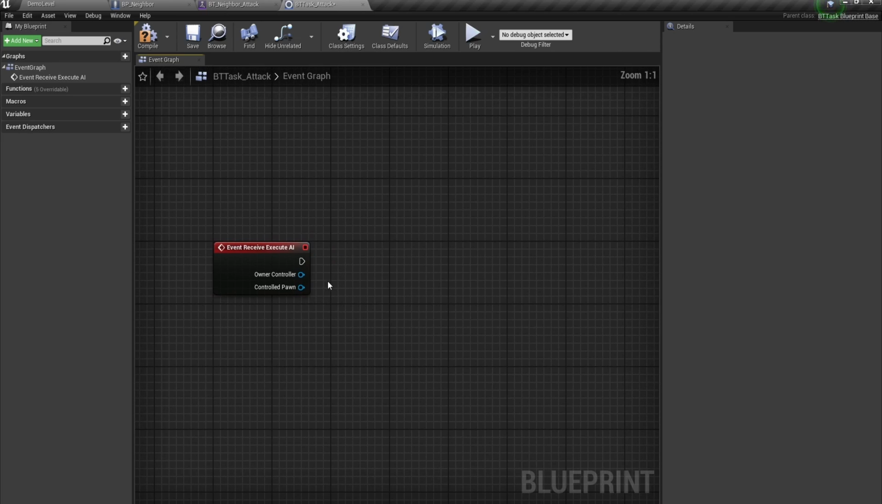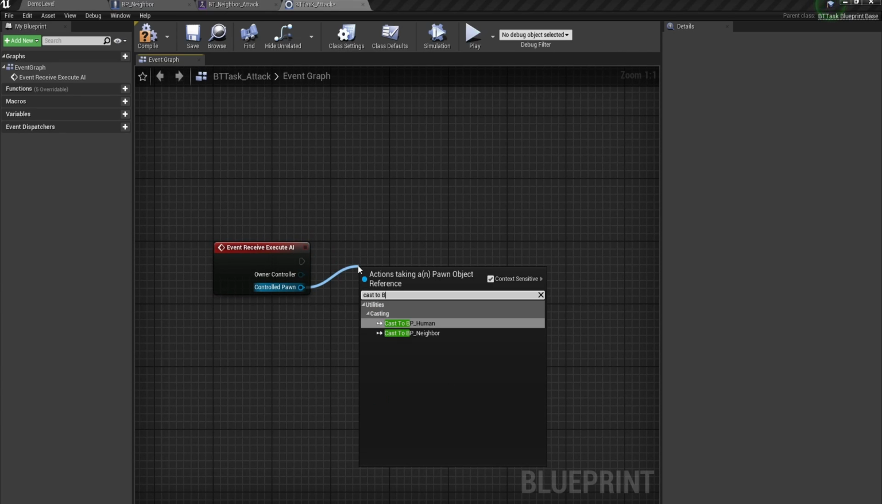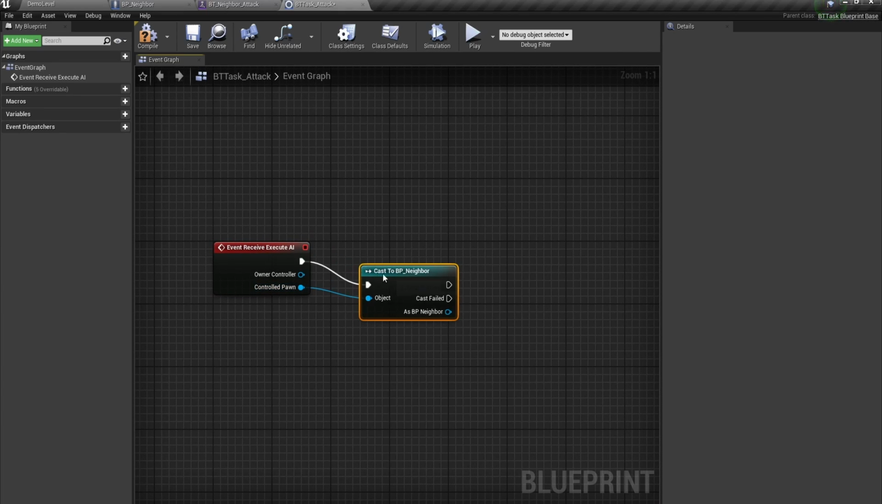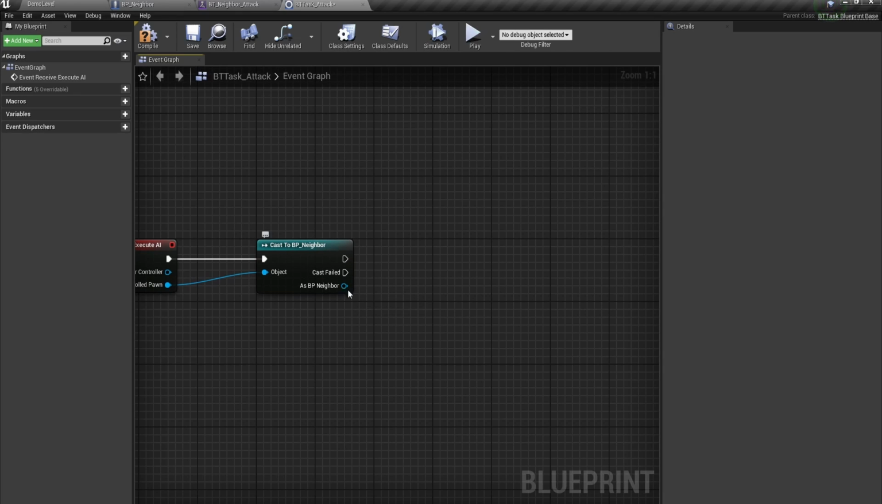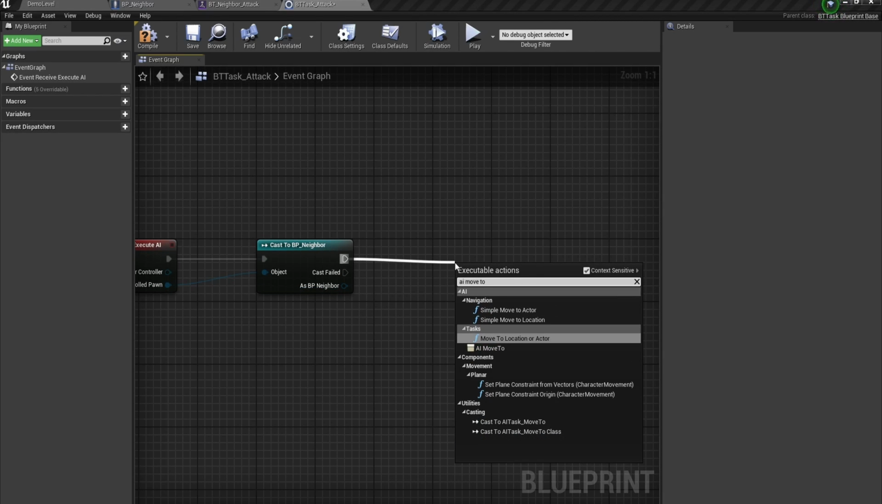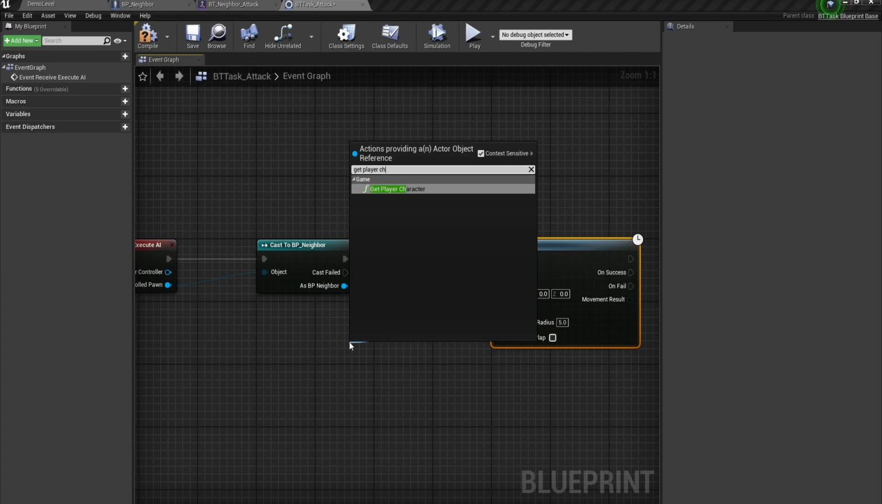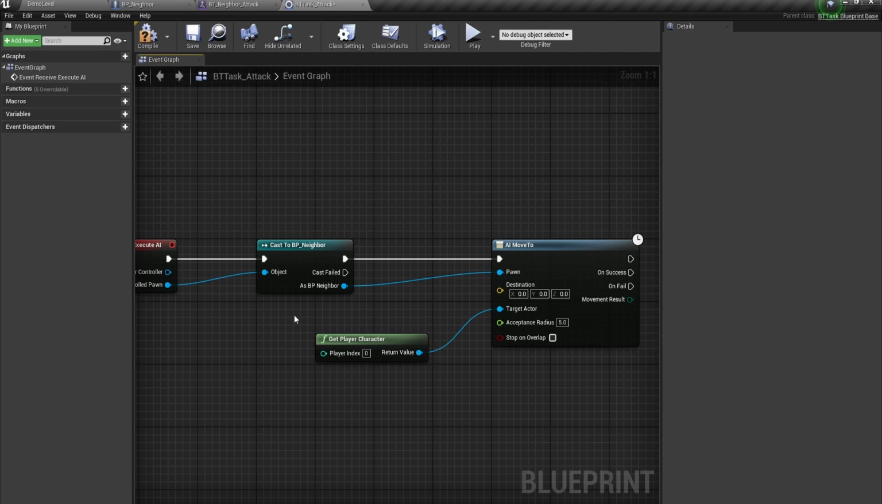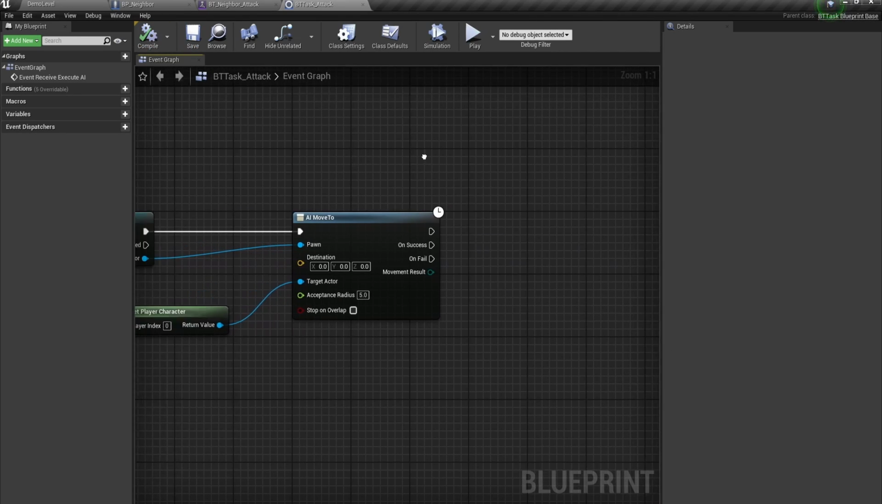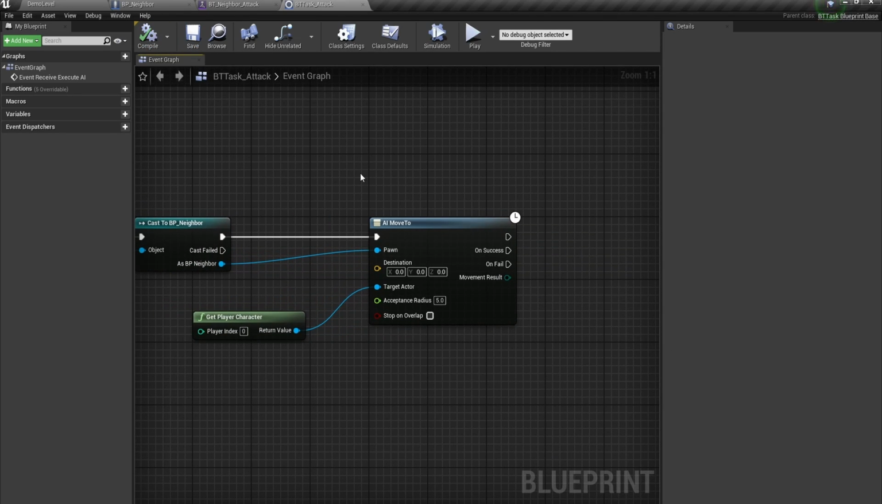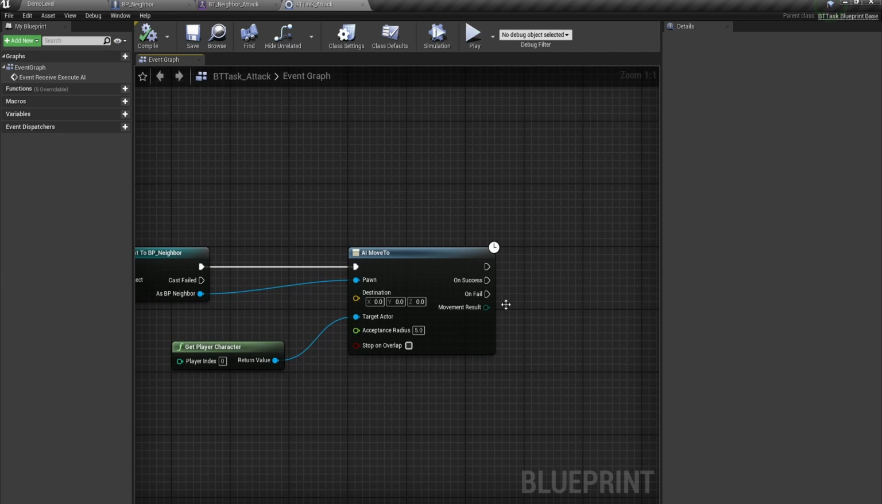Off of the controlled pawn, we're going to do cast to BP neighbor, and we're going to do a very simple thing here. AI move to, pawn being BP neighbor, the target actor being get player character. And sometimes it will fail, and